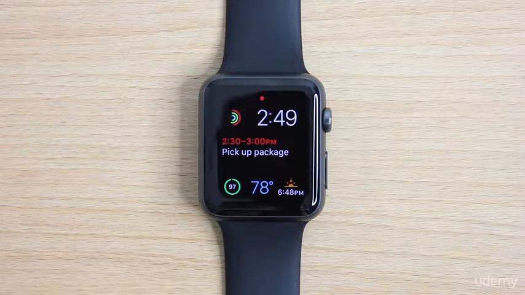Another change with watchOS 2 is that you'll notice that apps load much faster than watchOS 1.0. And the reason for that is because the apps on the Apple Watch can now run natively. They don't have to be sourced from the iPhone and run from the iPhone. So every time you click on an individual complication or go into an app, it's going to load straight from